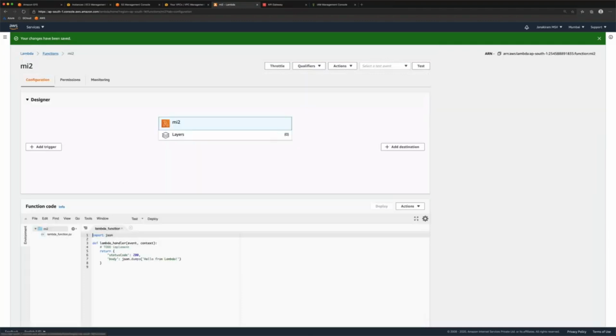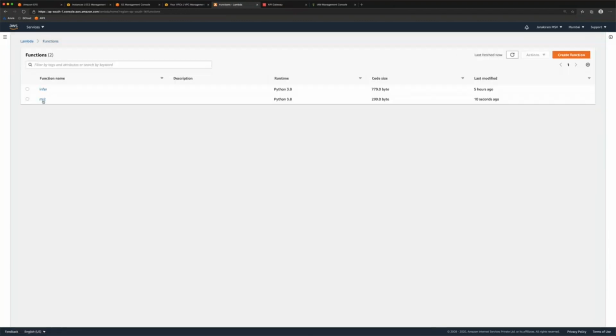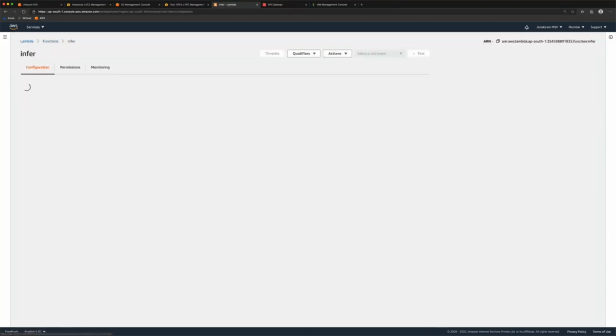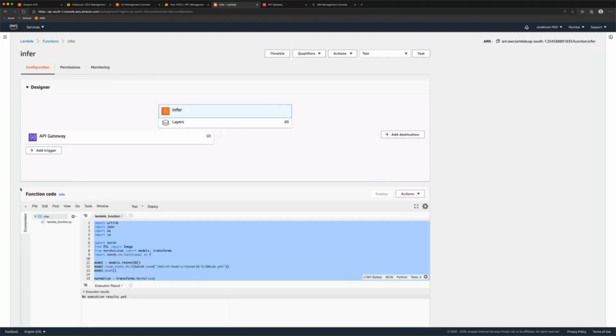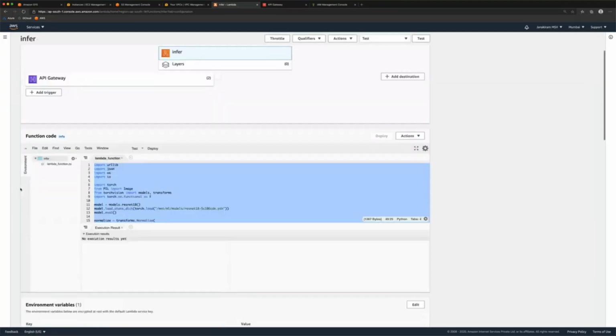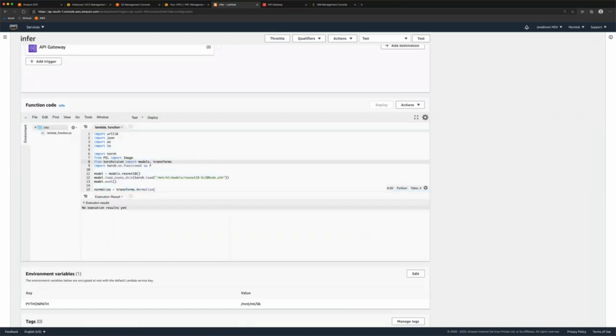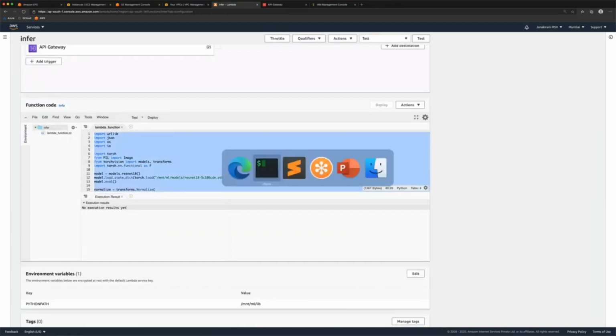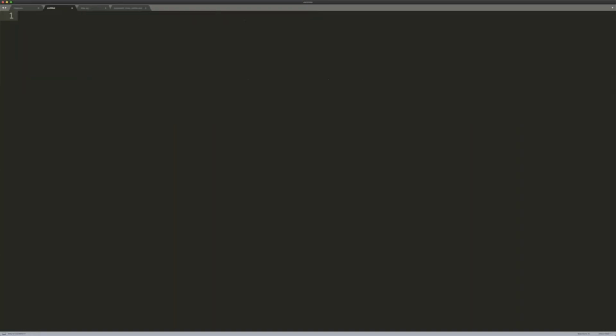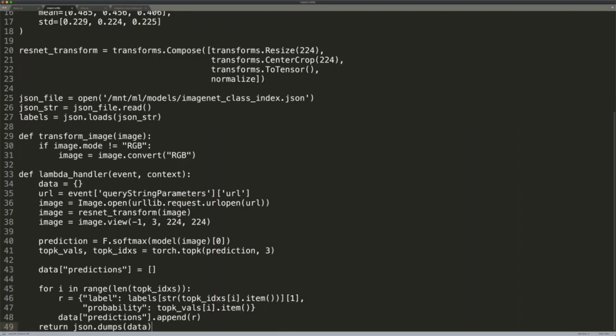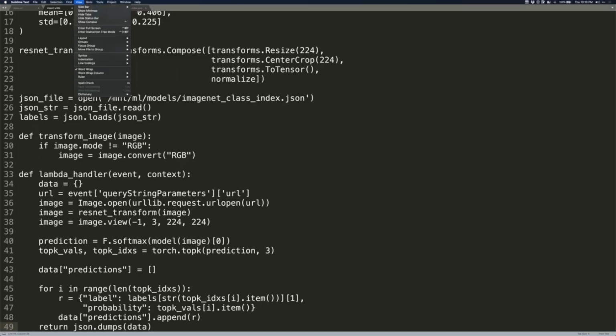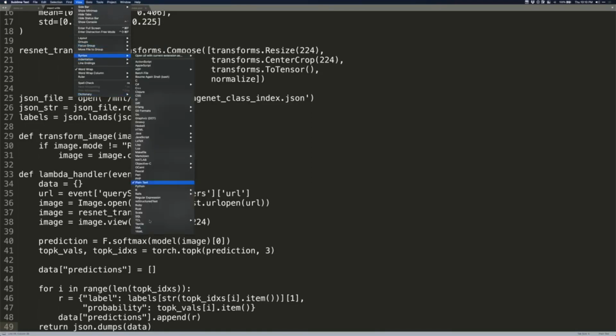Now, I actually have a fully configured function, again, just to make sure we save time. And this is exactly the same Python function. So if you look at my code, you'll notice that, okay, I'll set the syntax to Python just to make it look better.